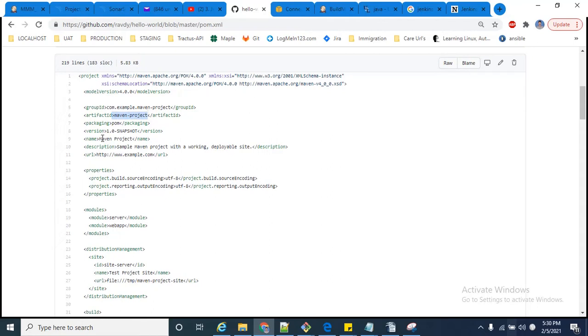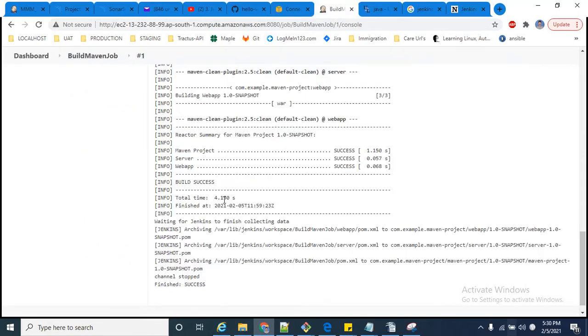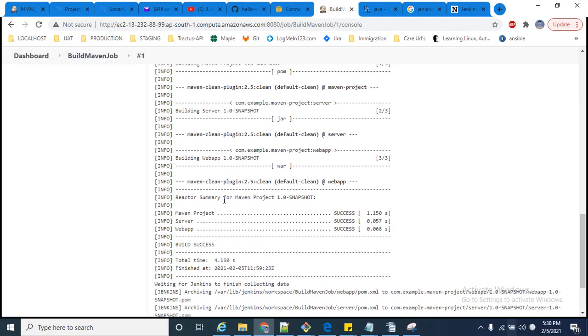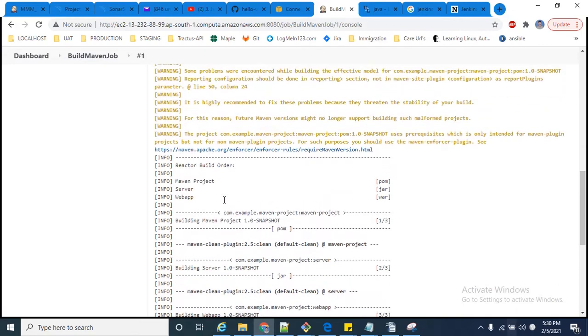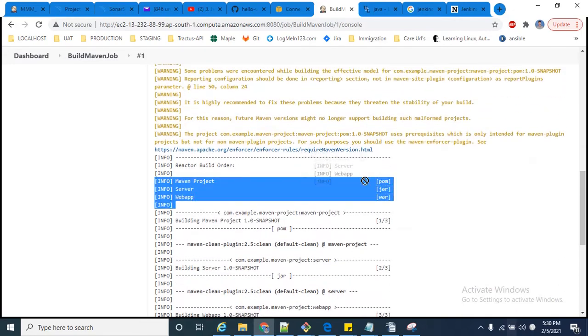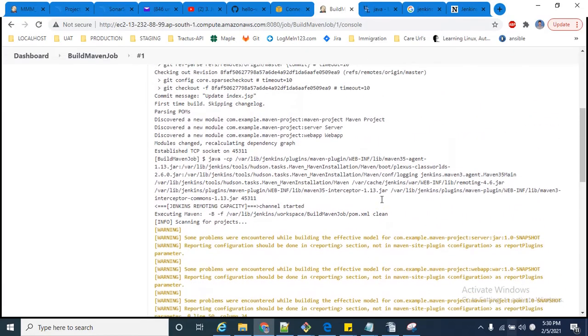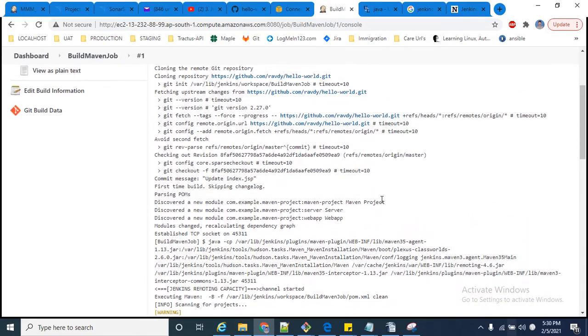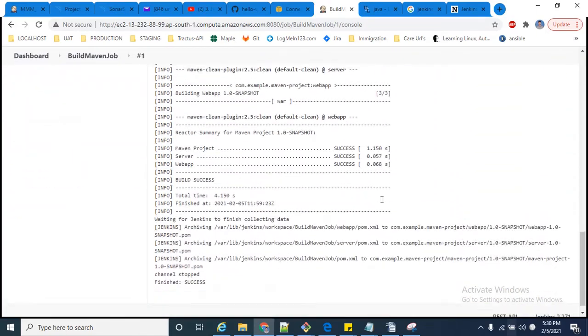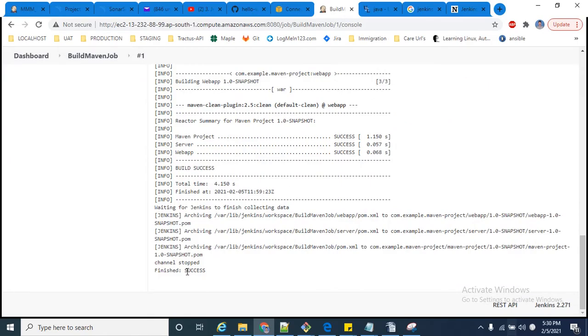It is Maven project, and you can see the name Maven project here. In the output you also see Maven project. This is also a success. You can see the POM file, jar file and war file. Basically this is the complete output of your build.